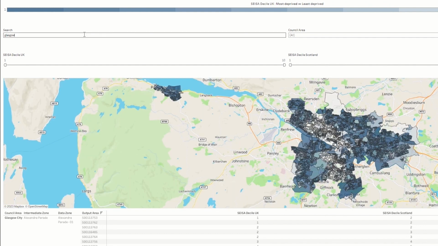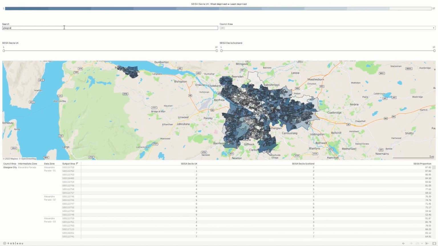This is because there are likely to be numerous areas across different parts of the country which feature the word you entered in the free text search field within their name. The search tool searches for the word, so if more than one place has that word in its title, multiple localities will be returned. This will be the reason why the map may not zoom into the area you expected.